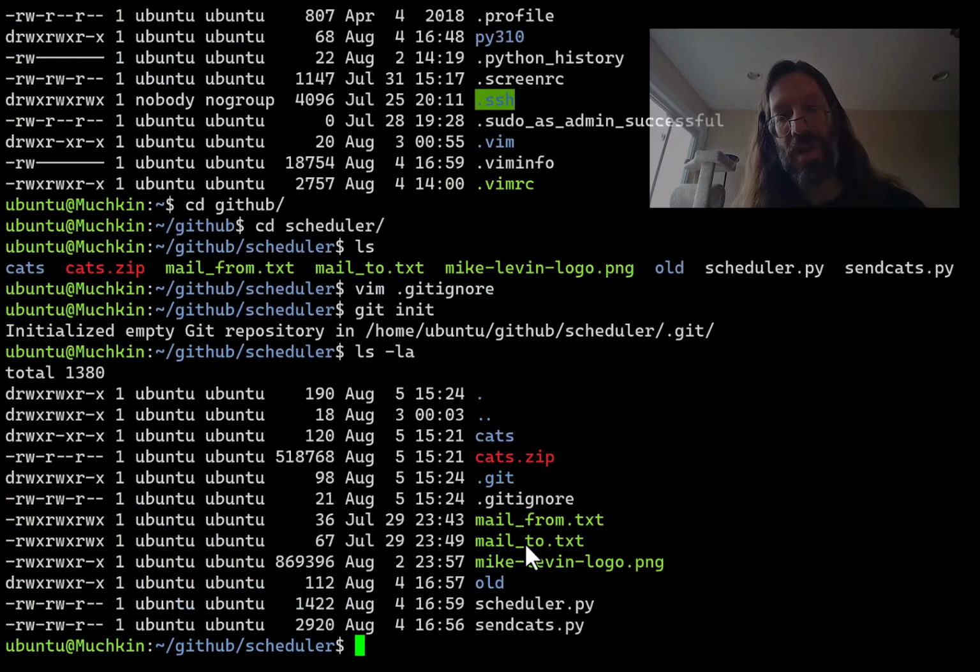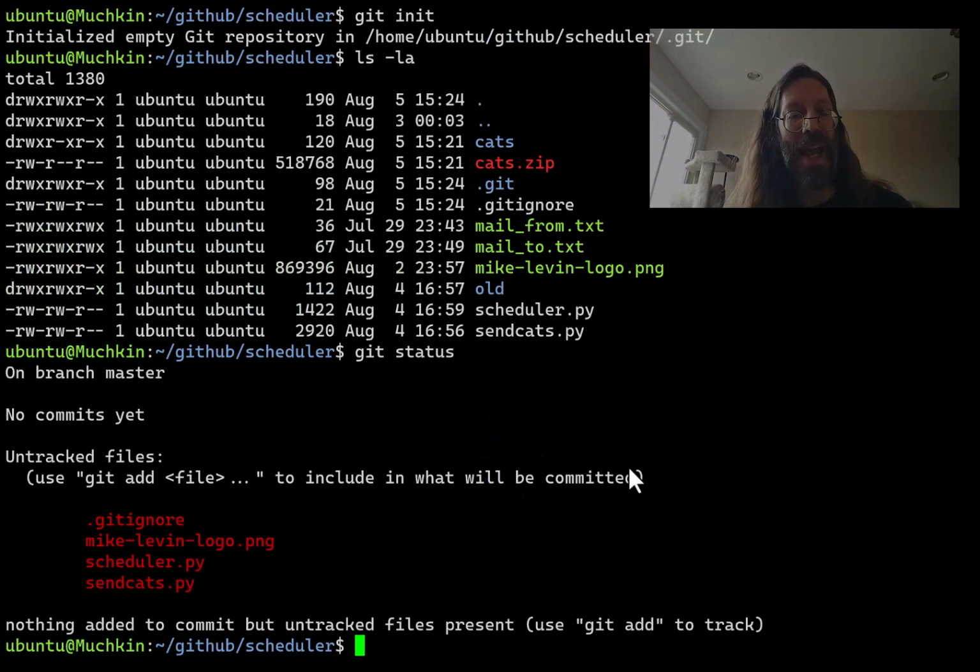It's just after. Inside the scheduler directory, which is where we are. See, we're inside the scheduler directory. There is now a directory called .git. So when you do git init, it puts that in there, okay? And it initializes it as a Git repo, but if you do git status, nothing has really been added to the repo yet. So we have to git add,